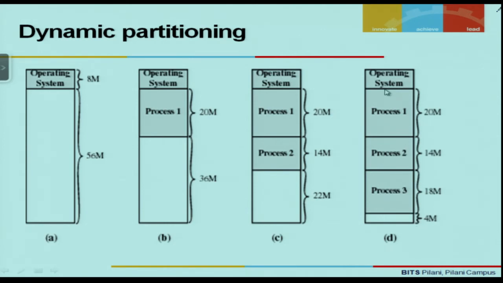We can see that as the processes keep coming into the system, the memory will keep getting occupied, later on leaving a smaller hole, a smaller size of free memory. So, at this juncture, if we get a process which requires more than 4 megabytes of memory, then we know that this particular process cannot be allocated memory because enough space is not available in the system.